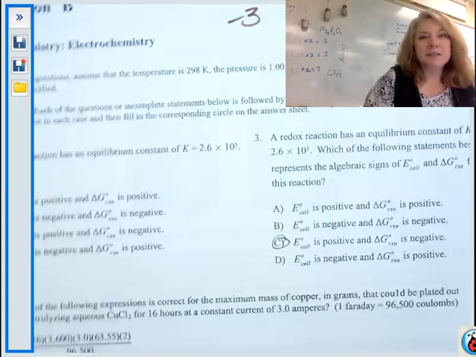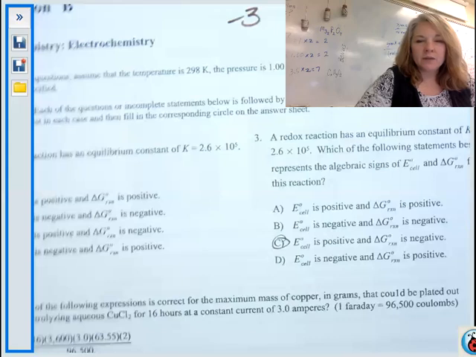Oh, so if you missed number 1, it looks like you're going to miss number 3. Hopefully not. Let me save this. Okay, so sorry about that. Okay, so we've got